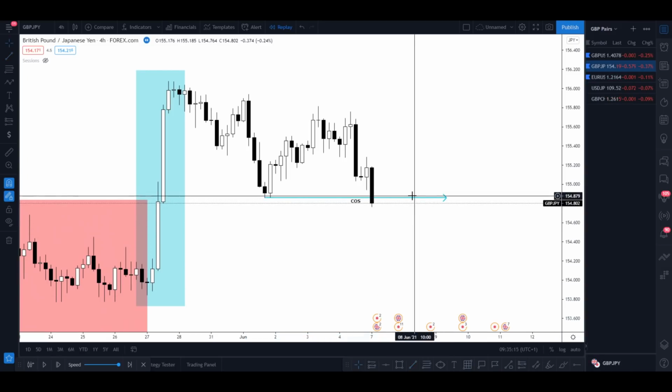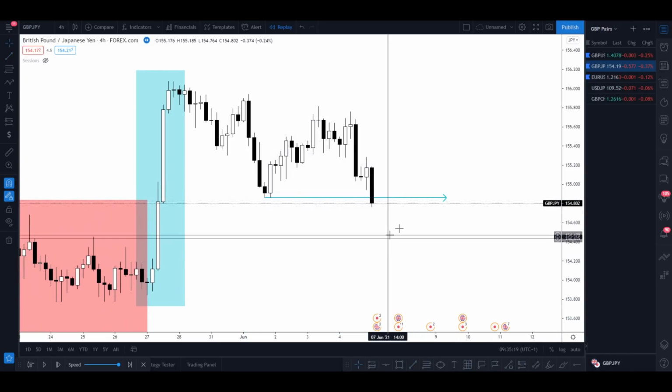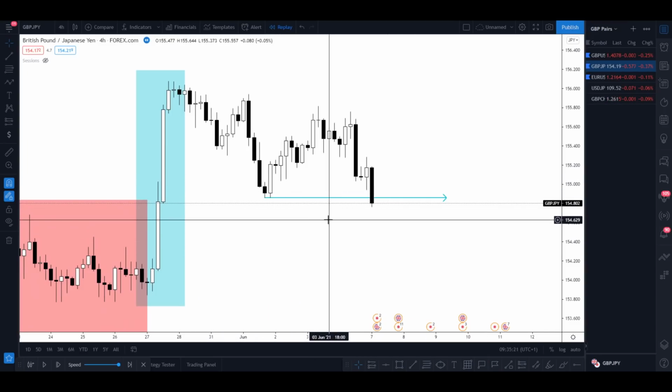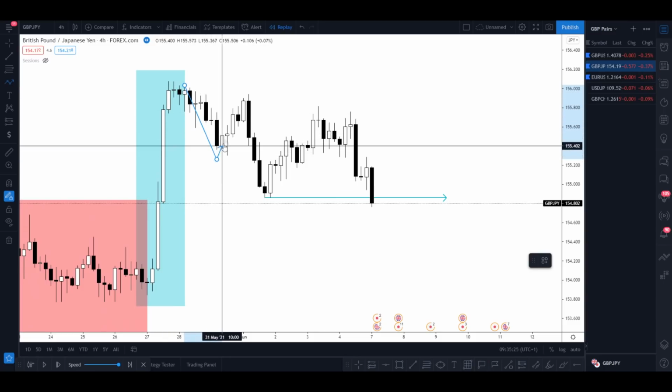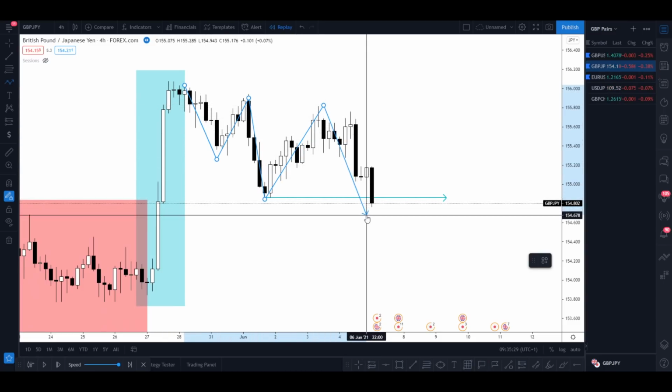So I'll put this as my COS, continuation. Just remove that, make it a little cleaner, but boom. So we see that this low did end up taken out. Now, once we do see that low get taken out, what we can see is that slowly the structure is moving from bullish to bearish. We're creating these lower lows, lower highs,